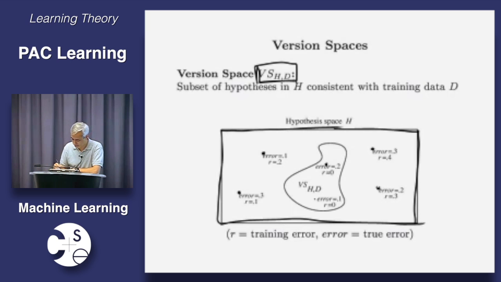I'm calling the error on the training set R. So for example, this hypothesis here had an R of 0.4, which means it's not in the version space. The only hypotheses in the version space are the hypotheses for which R is 0. So this line here is meant to include all the hypotheses whose error on the training set is 0, and that's the version space. So this here is the version space.